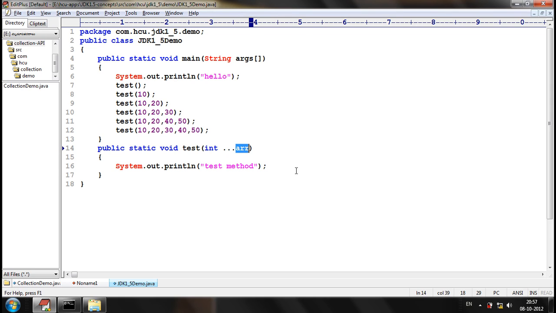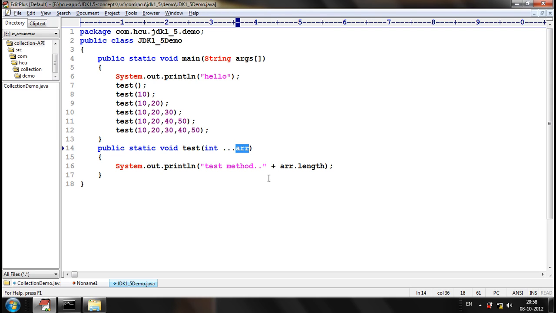Now, the varargs identifier will act as an array of the specific type.